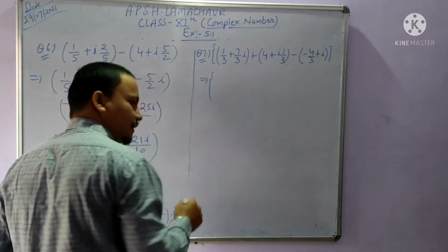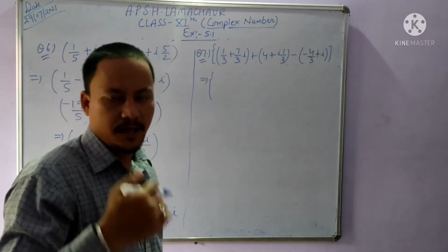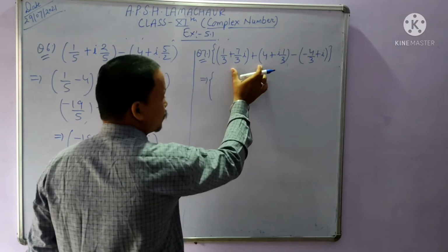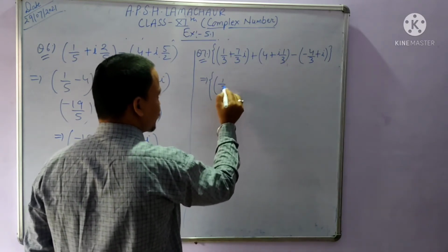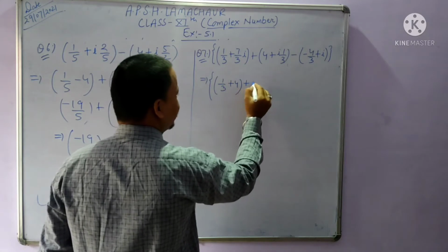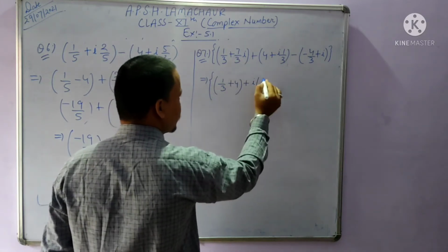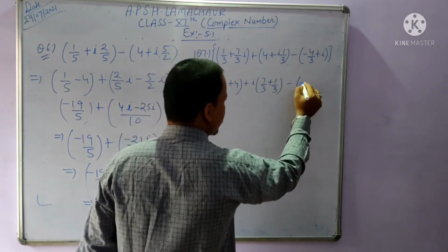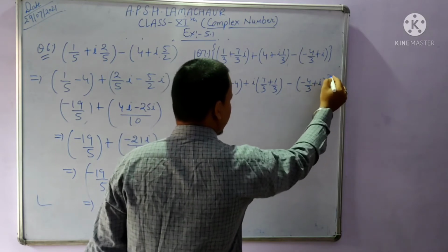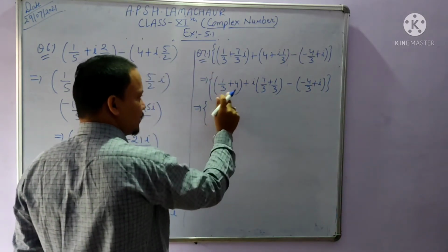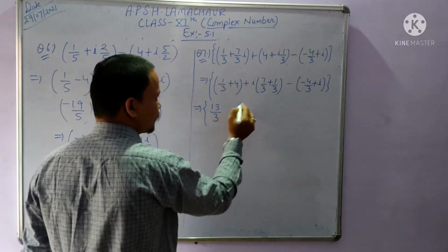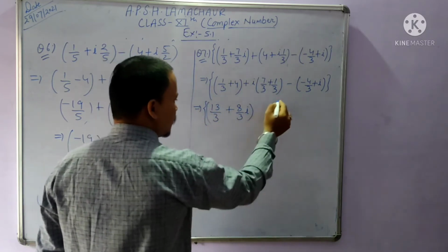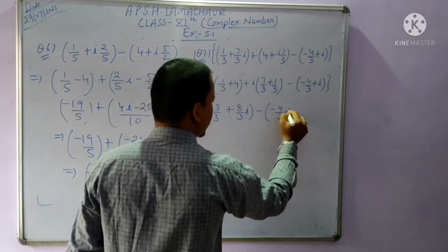Now again we will apply: the real part will be operated with the real one and the imaginary will be operated with the imaginary one. So first I am going to add these two complex numbers. So 1 upon 3 plus 4, and imaginary will be plus i times, taking i common, i times 7 by 3 and here is 1 by 3, and after that minus 4 upon 3 plus i. So 3 4s are 12, 12 plus 1 that is 13 upon 3 plus 7 plus 1, 8 upon 3 i. This is the first one. Now minus 4 by 3 plus iota.